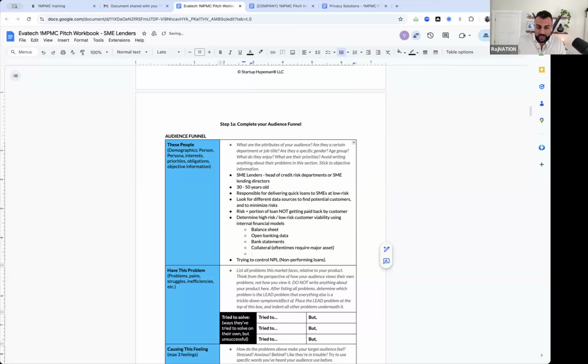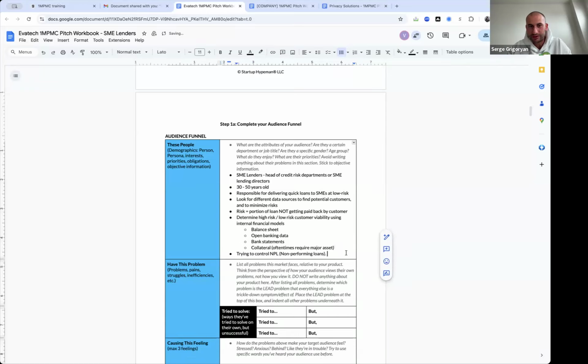Okay. Anything else that's common in what they're looking for? Decision making, how fast the decision making is. Generally, they make decisions in good cases in two or three days, in bad cases in a few weeks.